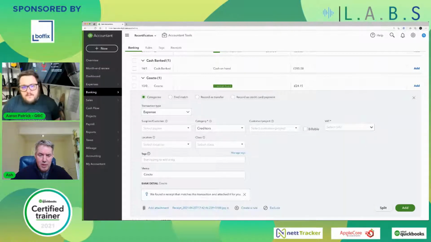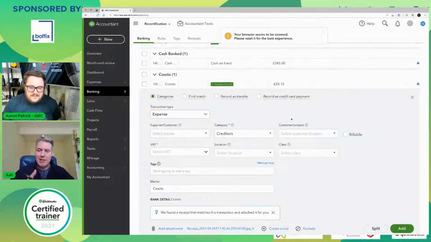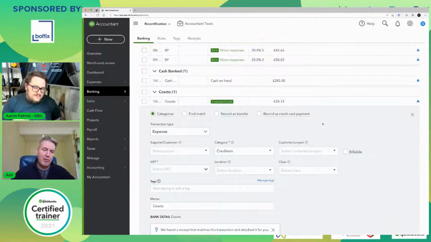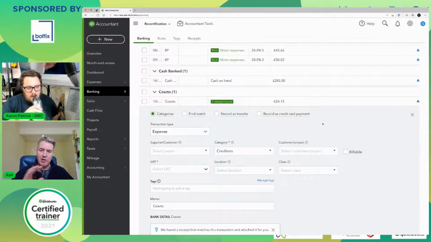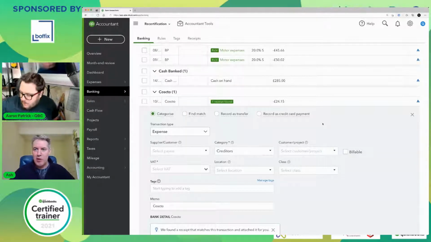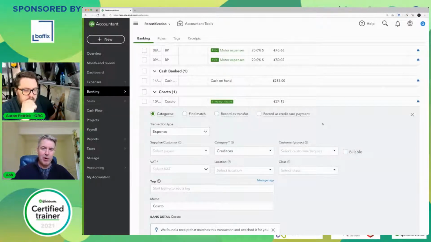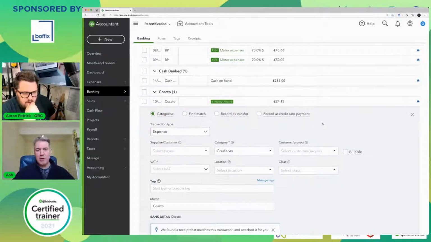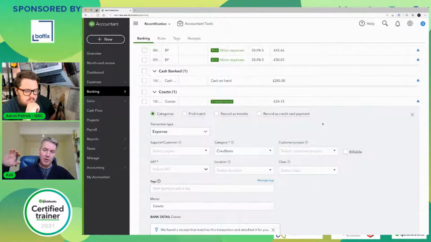What do you think to that, Ash? I think that's great, that is, Aaron, because quite often people will just take their photos, they'll just dump loads of information in there, and especially small business owners, if they've taken the picture they can ignore it, because let's face it, they're not likely to be reviewing their bank account every single day. But hopefully, if they just keep on top of taking the pictures, even if they don't look at it for 3 months and they look at the bank feed, then hopefully, as they're going through,